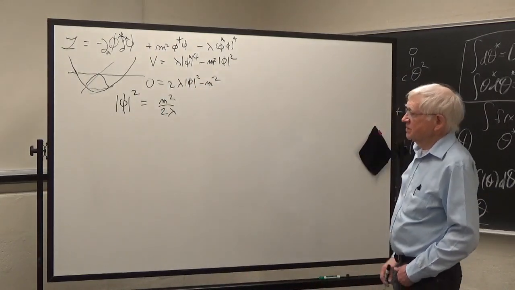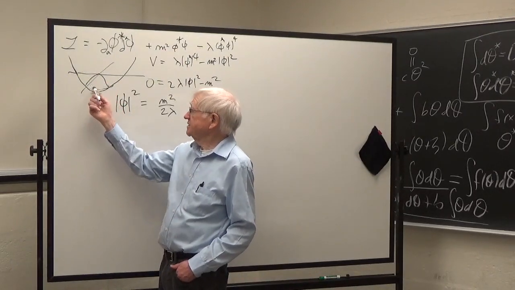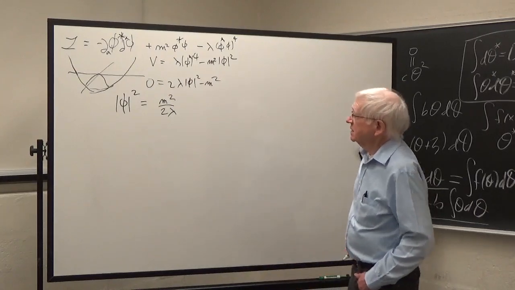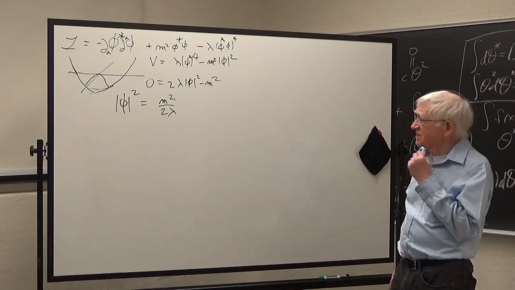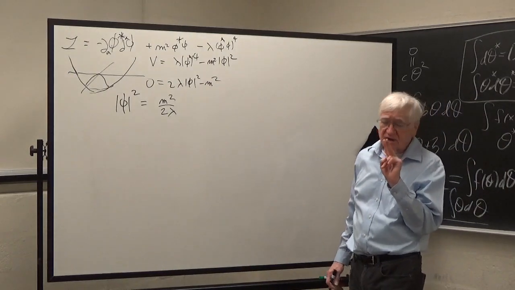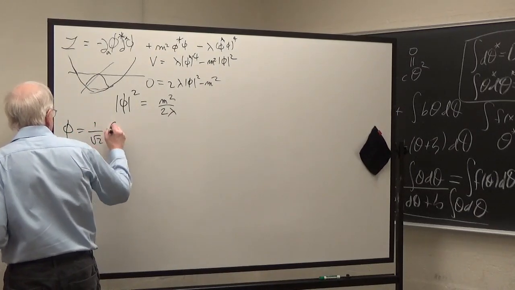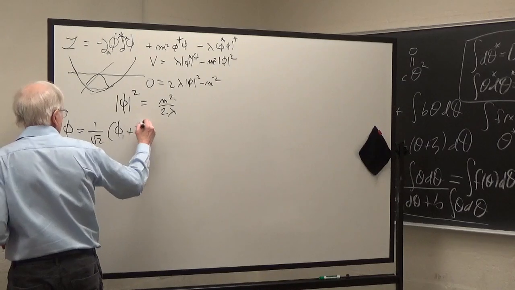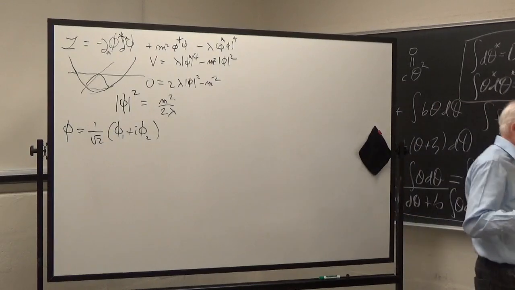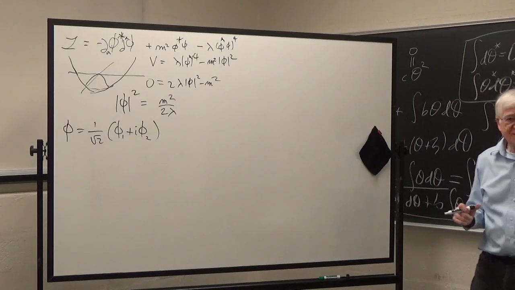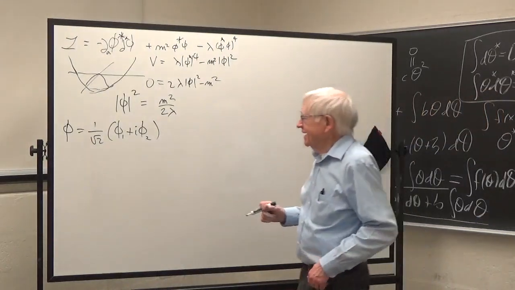And so this is the absolute value squared of phi in the minimum. And now you'd say, well, what are the masses of this theory? This theory has 2 real fields. In other words, phi is 1 over root 2, phi 1 plus i phi 2. I think I'm going to be doing the homework problem for you right now, which sort of makes it stupid that I'm even assigning it. But in any event,